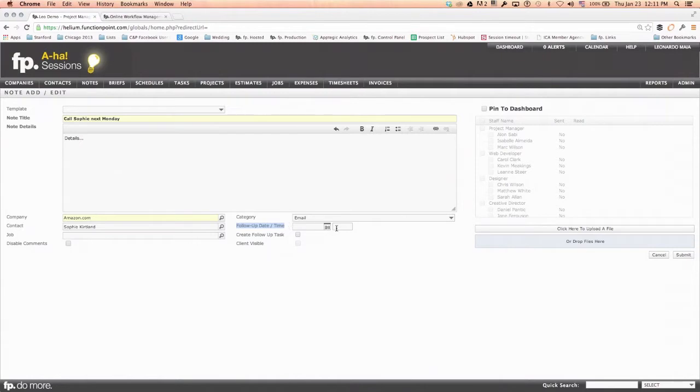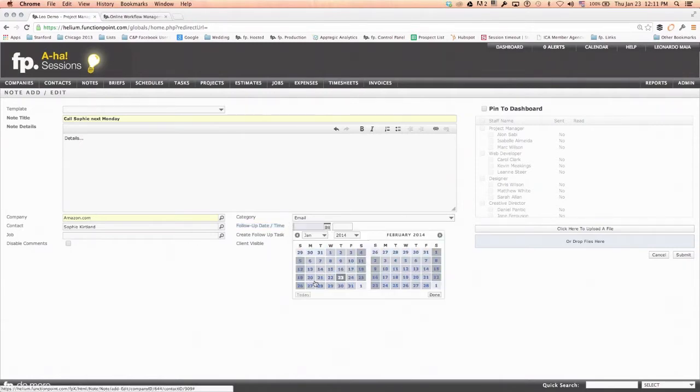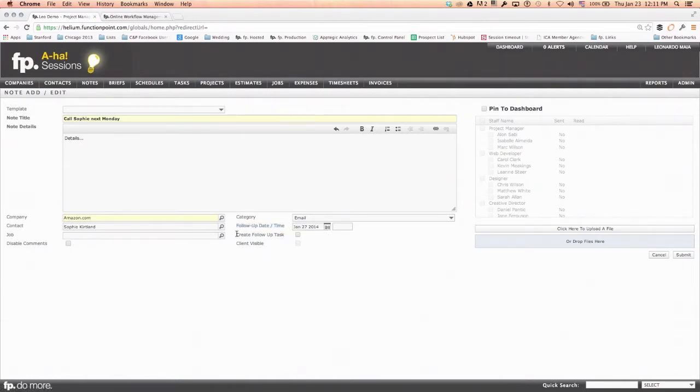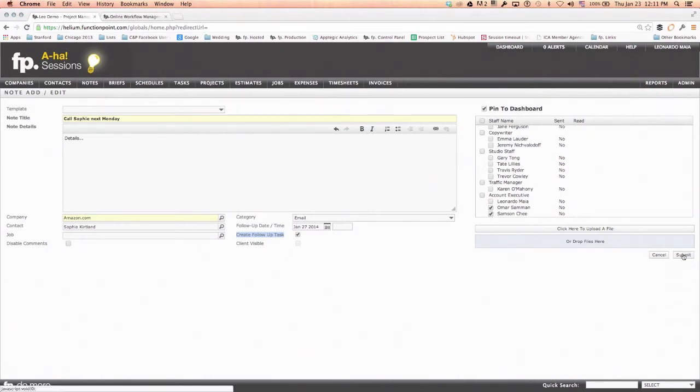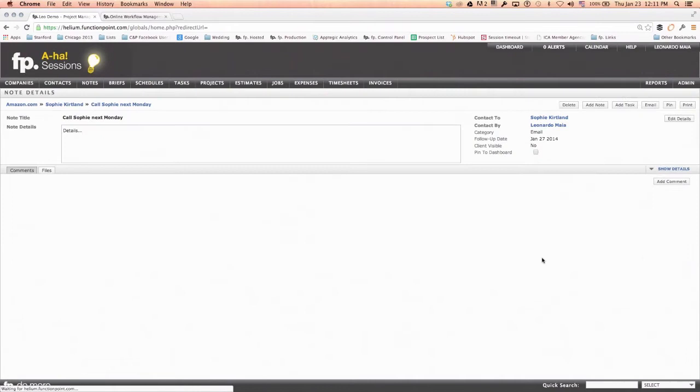So let's say I need to follow up with Sophie by Monday. So next Monday is the 27th. And actually, I'm going to create a follow-up task for myself. So instead of using your calendars, you can have everything in Function Point, create your own prospecting task. I can even pin that note to someone's dashboard. Let's say I want my account executives here to see that as well. So I can scroll down here and say, okay, I want to share that with Omar and Sam. Click submit. And then now that prospecting